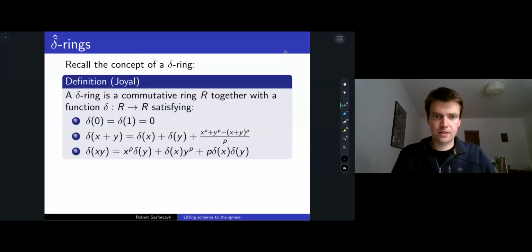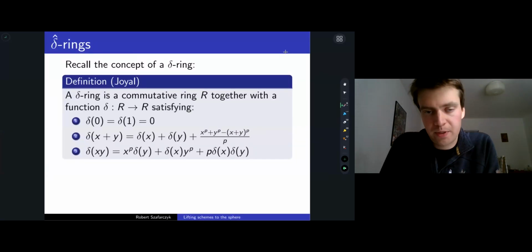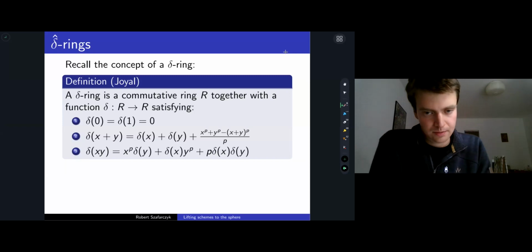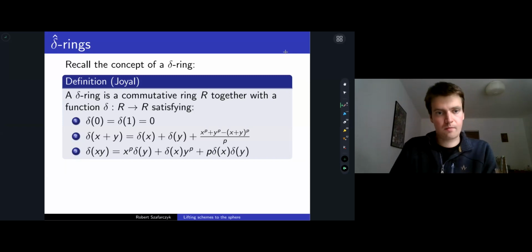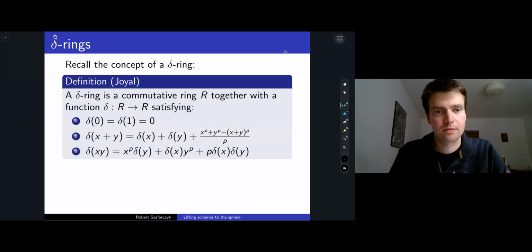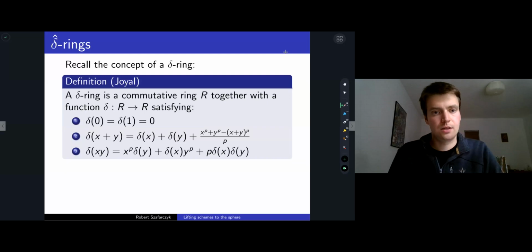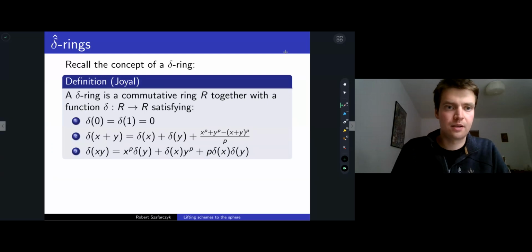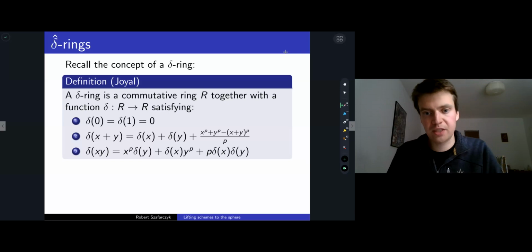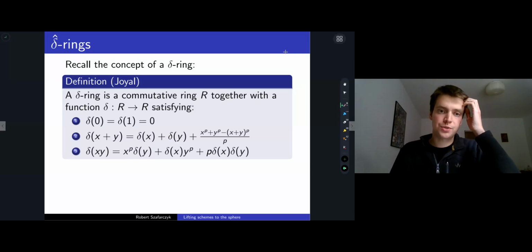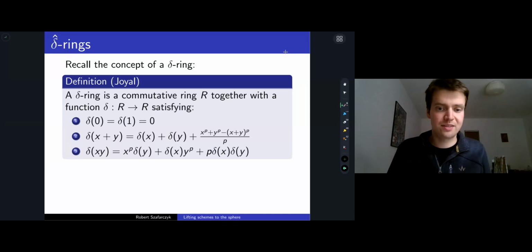Okay, maybe are there more questions up to this point? If not, then I will move to the third obstruction, which is the main